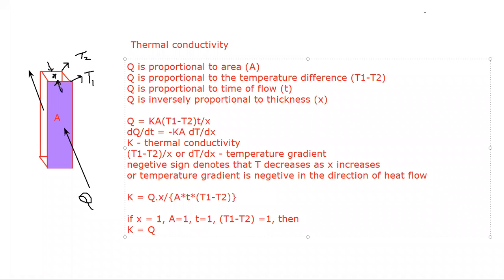So the topic for today's discussion is thermal conductivity. Let us consider a rectangular slab whose thickness is X and whose cross-sectional area is A. The temperature at this surface is T1 and the temperature at the other end of this rectangular parallelepiped is T2. Q amount of heat is flowing through it